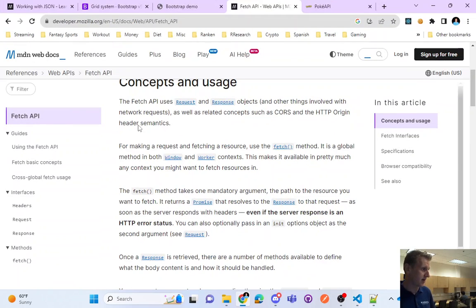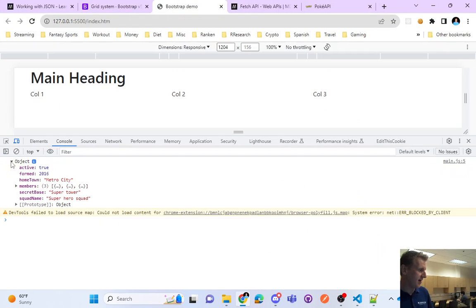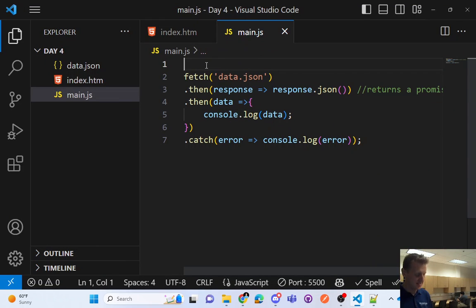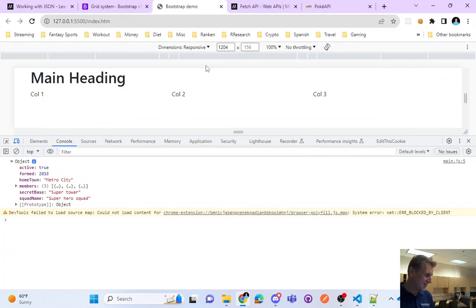Okay, so let's go back into here. Let's go into inspect, into console. We got an object, and it looks like a bunch of data. So in our console, we have some data. Notice we have an object. What exactly is this data? This is some sort of